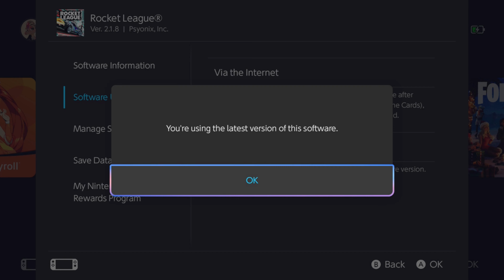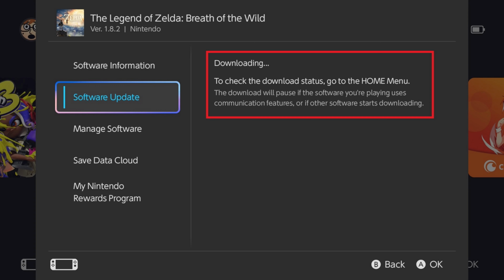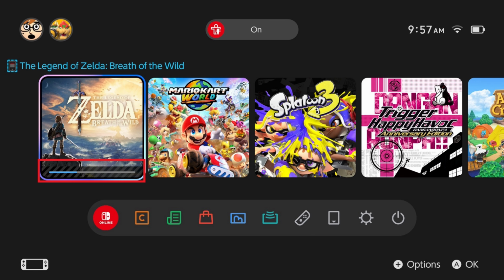If your game software is up to date, you'll see this message. Alternatively, if an update is available, it will start downloading immediately and you can monitor and track the update progress